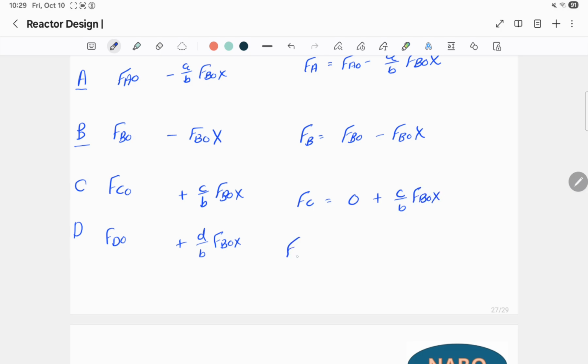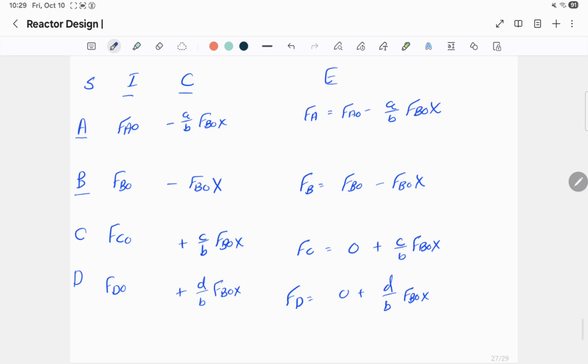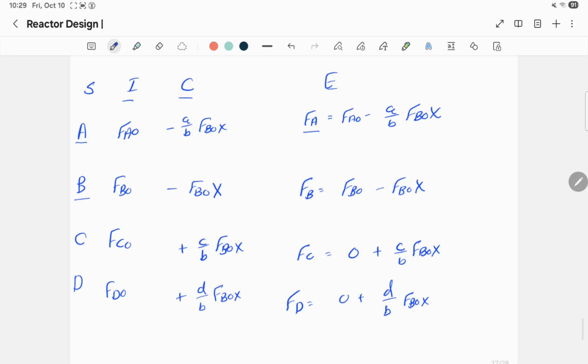And for D, again, it's plus because it's a product being produced. And there you have it. That's your final molar flow rates in terms of initial conditions and stoichiometric